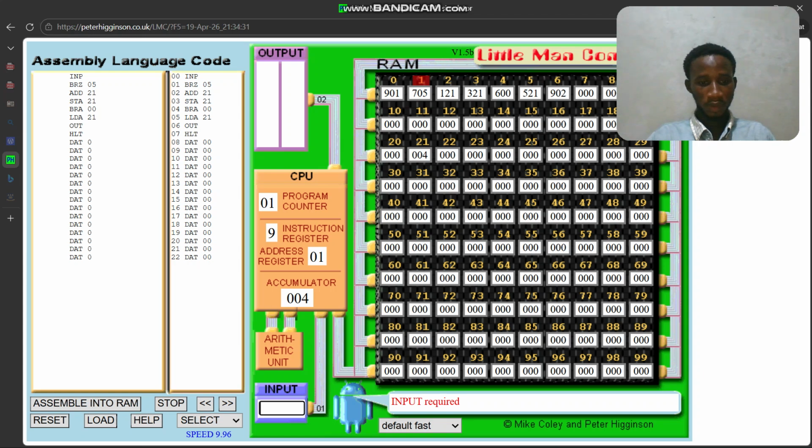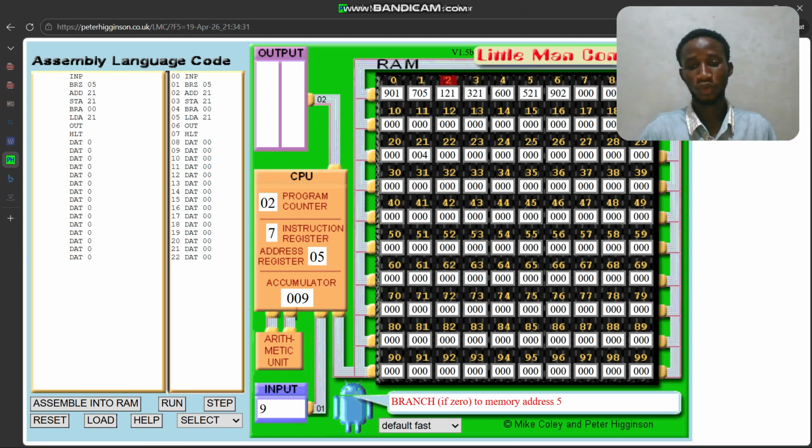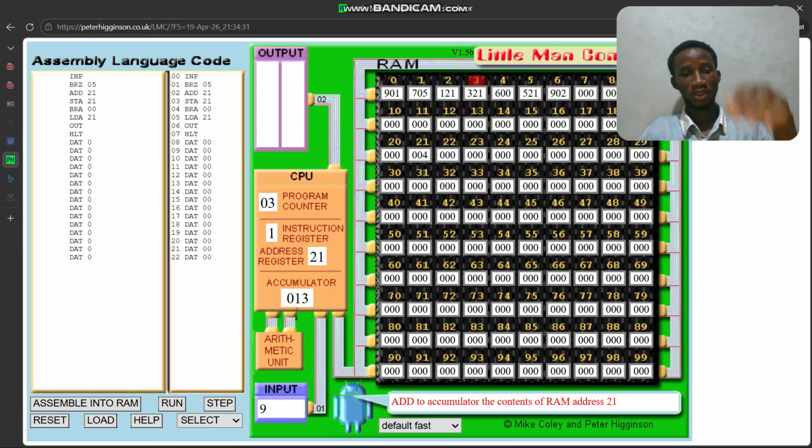So our next input will be 9. I'm going to click on 9, and we have the accumulator updated to 9. Click on step. Since the value is not 0, we'll continue to move to the next address. We add it to the value stored in 21, which will give us 13. 4 plus 9 is 13. Then we store the value back in 21, and then we'll move back to the first